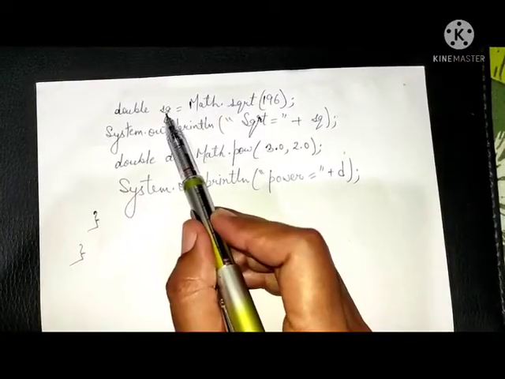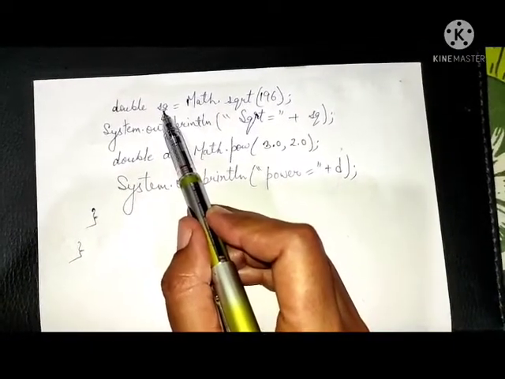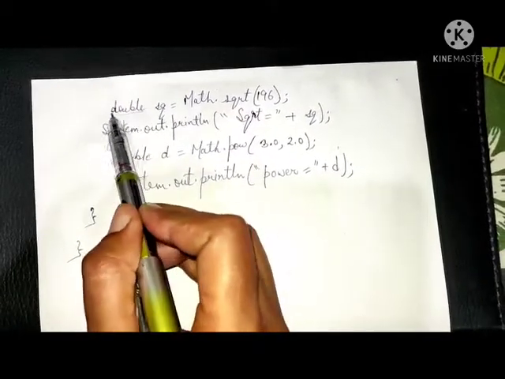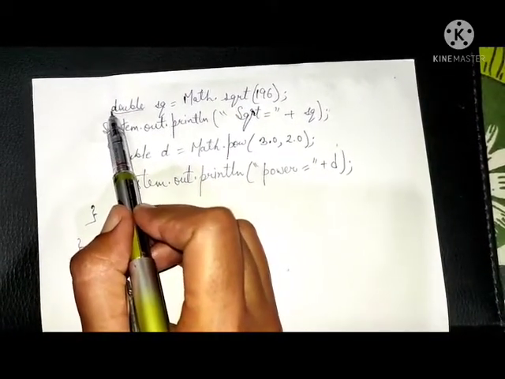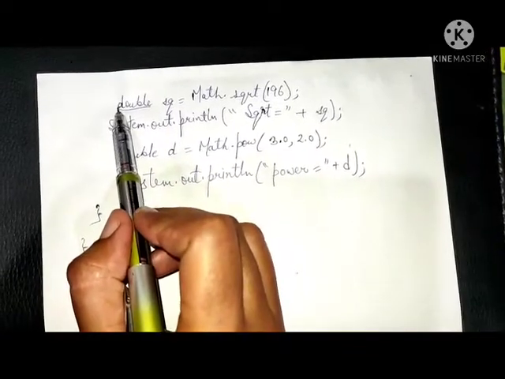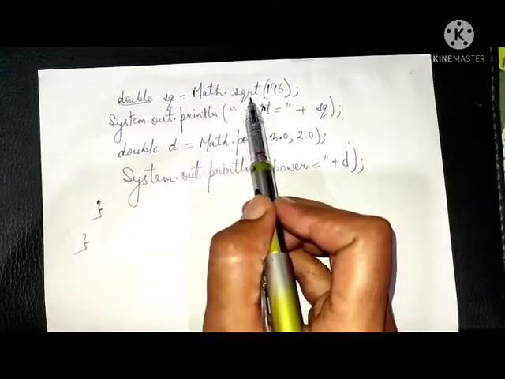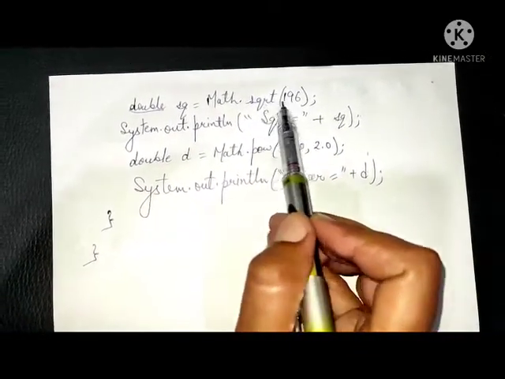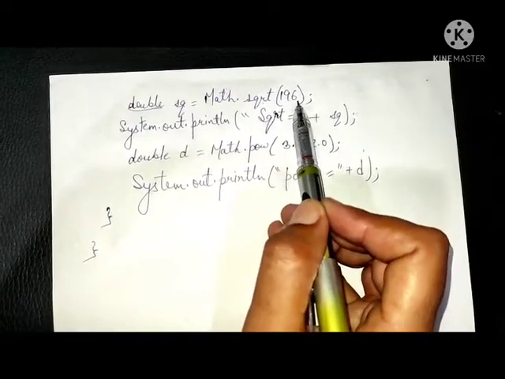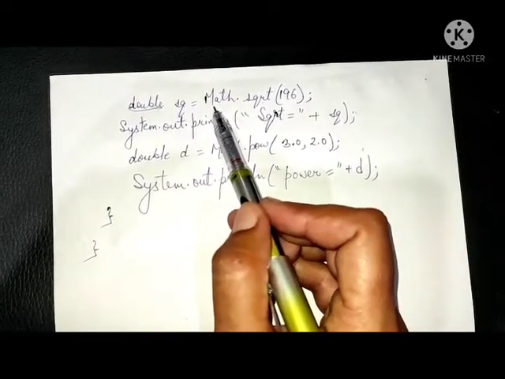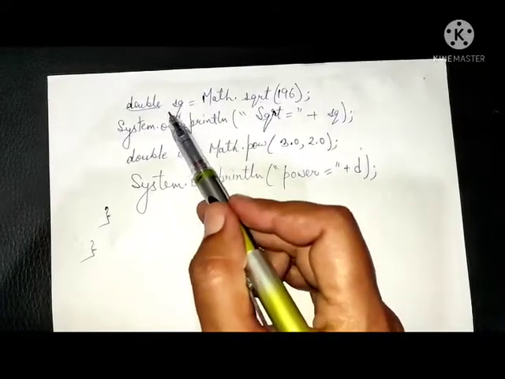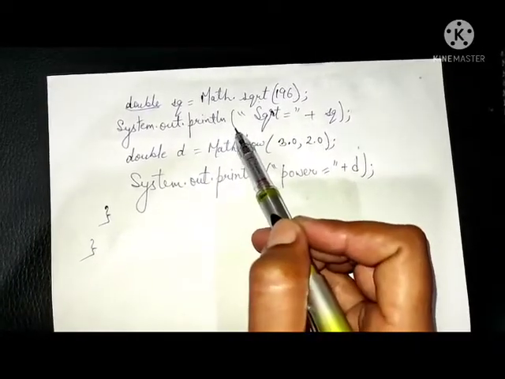I am taking sq variable to store the square root of the number, so it has to be declared double. Yes, it must be declared as double because square root method returns only double value. So if I am passing 196, then it returns the value 14 and it is stored in sq and that is displayed on the screen by